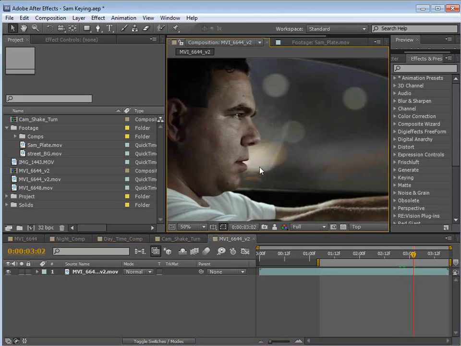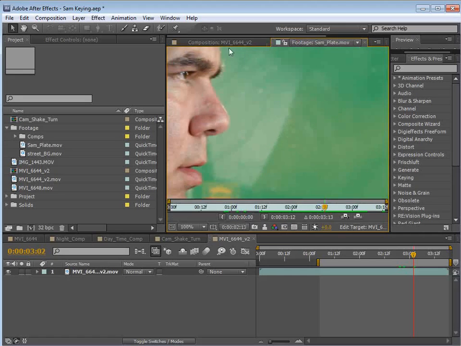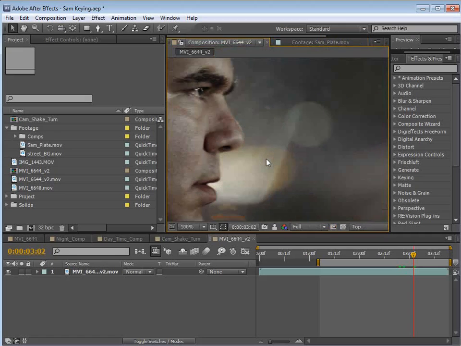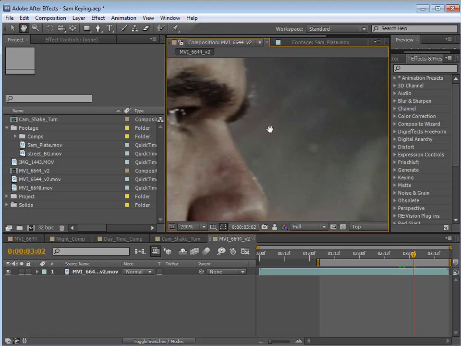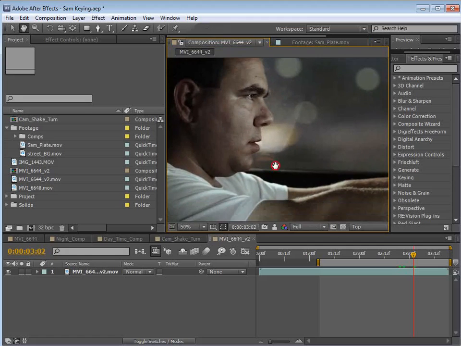One of the cool things about this tutorial is I'll be showing you how to get a nice clean key out of some Canon 5D footage. Now, usually this footage has a lot of artifacts because of the compression, so we're going to treat it in a way so we can hopefully get a nice clean key right around the edges